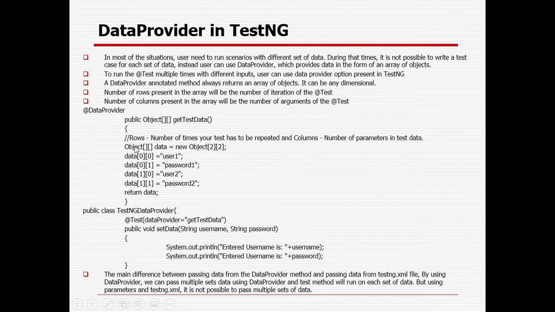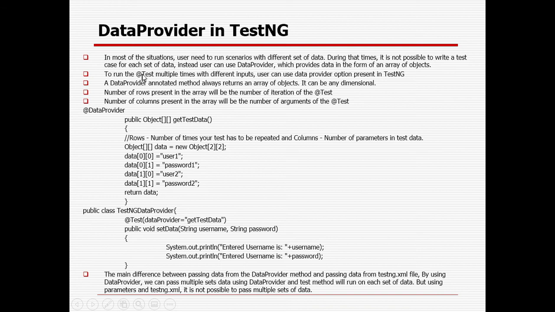So here you can see I have tried to create a data provider. This is your method name and the return type will be Object, and here I will be declaring the object as multi-dimensional. In case it is multi-dimensional, the first is row and the second is column. Row is the number of elements you want to interact with, and column is the number of iterations you want to perform. At any point of time you can change the size of the data as well. You can add to it, so it is very flexible to use the data provider.